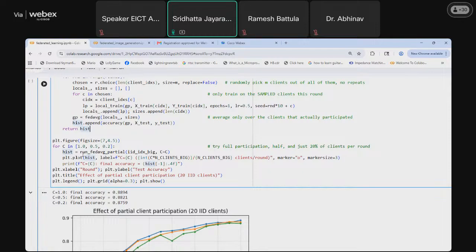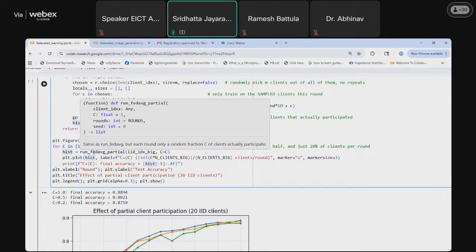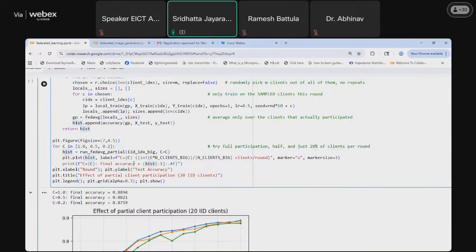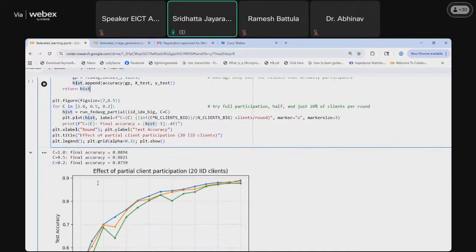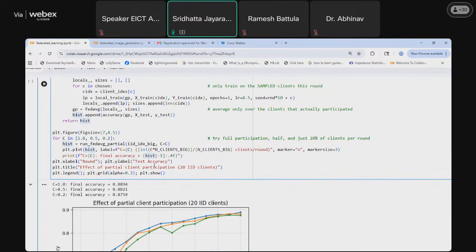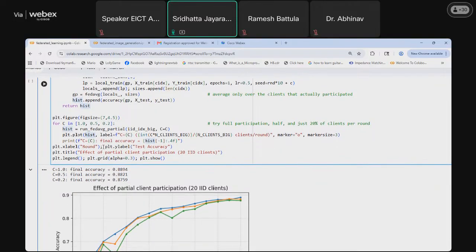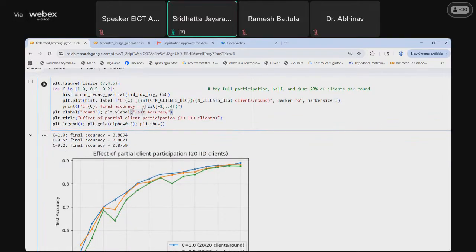After running the Fed average algorithm, what was the plot? This is the plot of the test accuracy against the number of rounds, and what was the effect of the client participation? So, we'll run this.